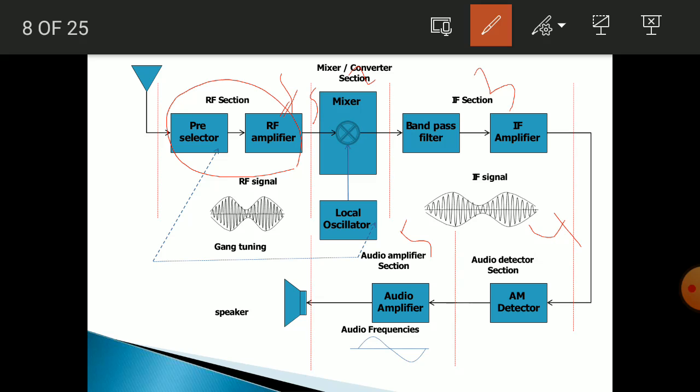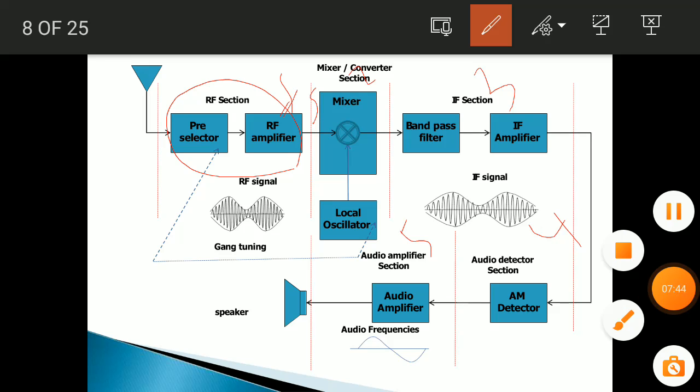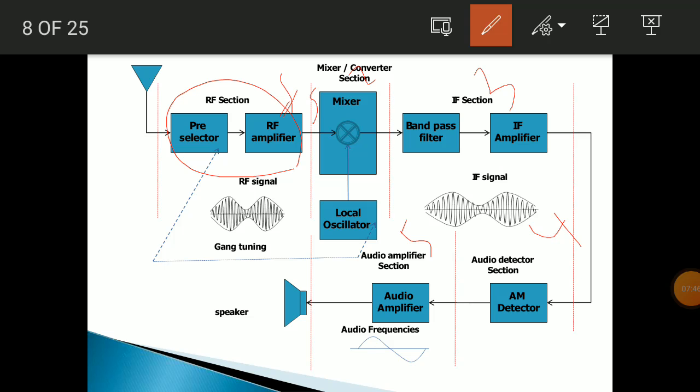The mixer is also known as the converter section, which is the combination of mixer and local oscillator. From the local oscillator a carrier frequency is generated and given to the mixer.